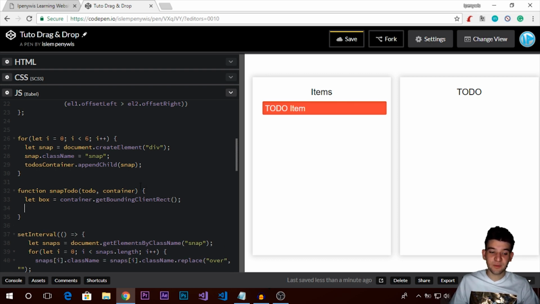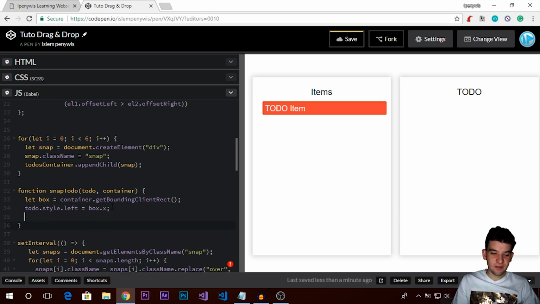Now, after checking that, we need to take the to-do item's current position and make it equal to this same position. So we can say todo.style. Remember that this to-do has absolute positioning, so make sure of that. And I'm just going to say left. The left represents the X axis, or the X position, of the to-do element. So we're going to say just box.X, and the second thing, we're just going to go ahead and do todo